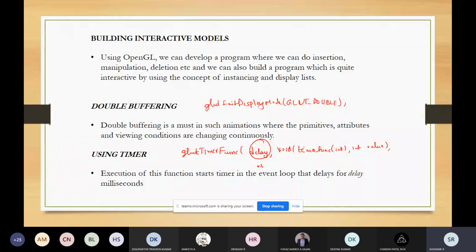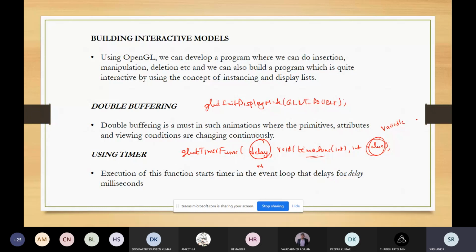When the timer has counted down, it will execute the timer function, and this value parameter allows the user to pass a variable into the timer. So this is with respect to the usage of the timer.